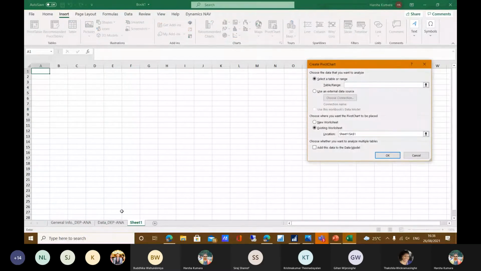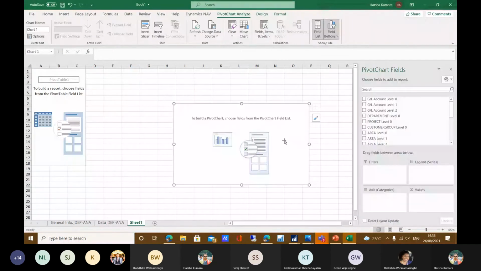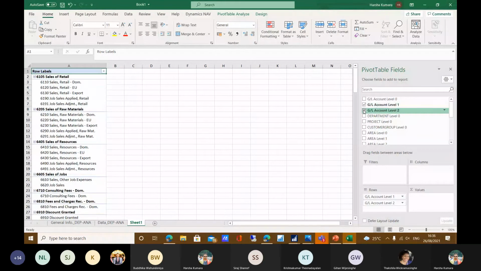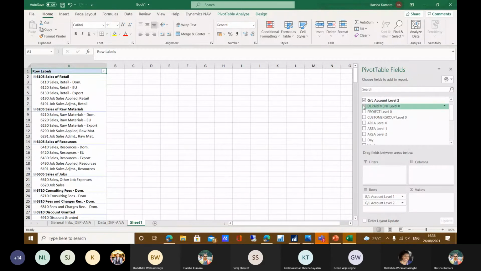You have to assign the source, and once you click that, the system will take the data, and we have to assign the levels of the department and project.